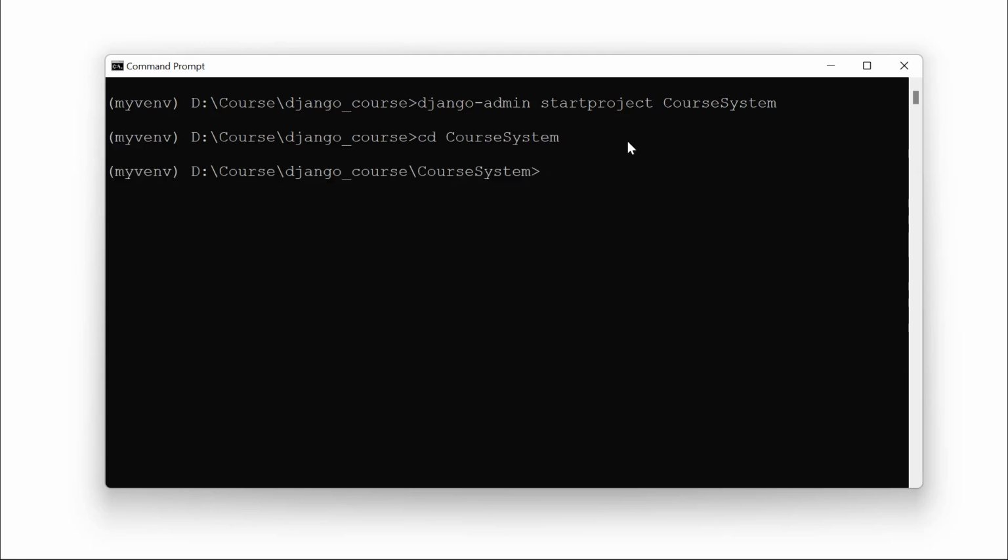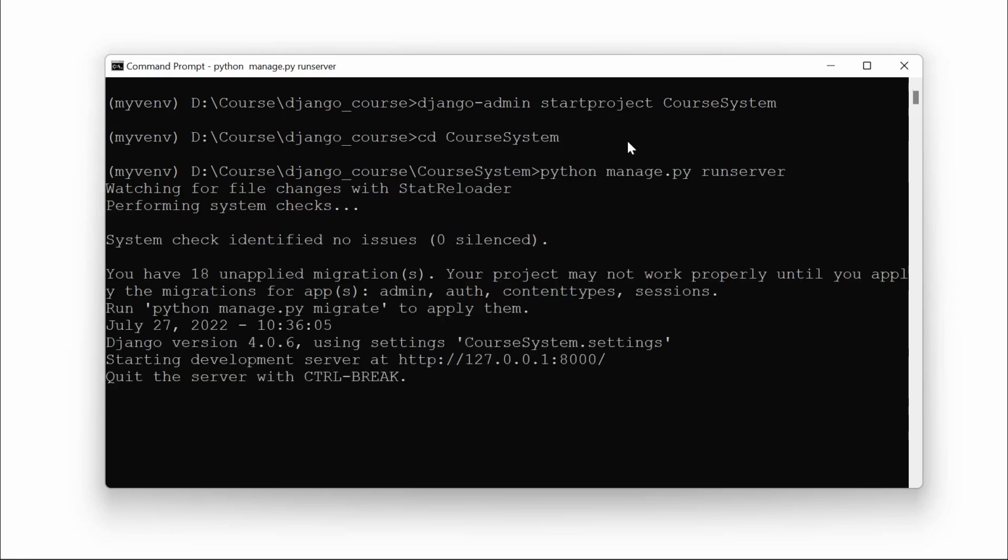Now I am within the course system directory, and if I check, the manage.py file is also there in the same directory. Now if I want to run the development server, I need to type python space manage.py and then runserver. So the command is python manage.py runserver, and hit enter. When we run this command, it will run a lightweight Python-based server which comes by default with the Django installation. So when the server is running, we can open this URL which is given here,